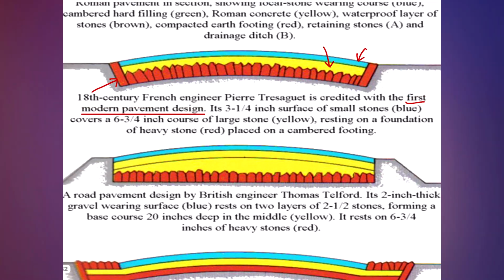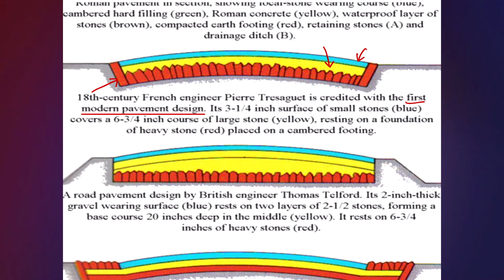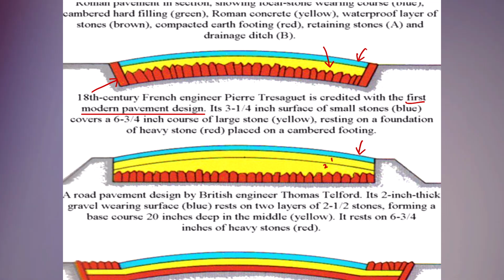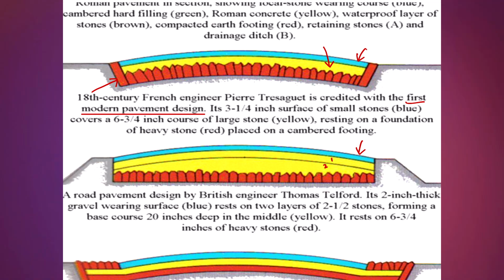Next is a road pavement design by British engineer Thomas Telford. Its 2-inch thick gravel wearing surface, which is blue in color, rests on 2 layers of 2.5 stones, forming a base course 20 inches deep in the middle. It rests on 6 to 3/4 inches of heavy stones. So as you can see, it was at Thomas Telford that we begin to have a base and also a